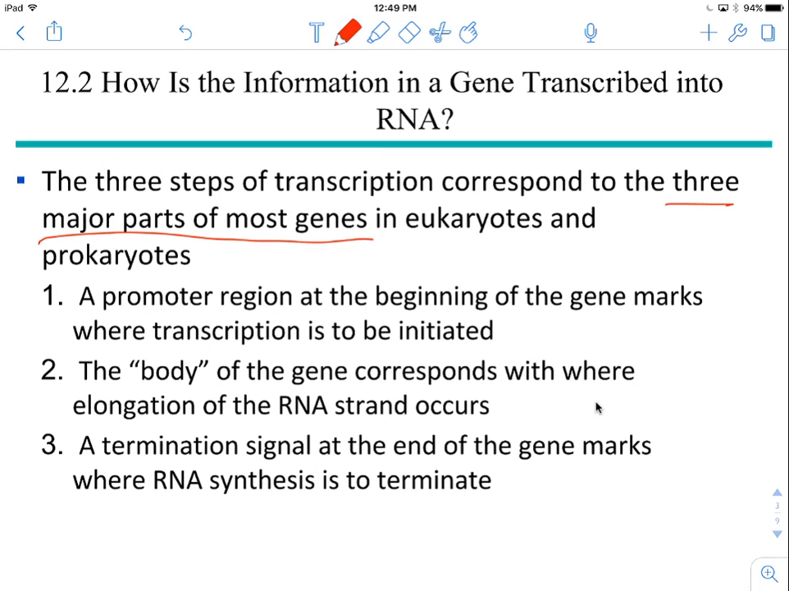Okay, so the beginning of the gene has a sequence called the promoter. And you'll see it a little bit better on the next slide, but this appears in front of the coding sequence or the gene itself, okay? And this is where transcription is initiated, where it begins, okay? The body of the gene corresponds to where elongation of the RNA strand occurs. We also call this the coding sequence,